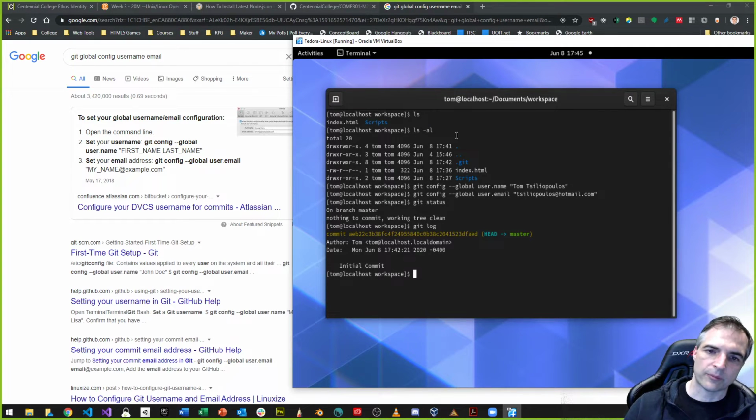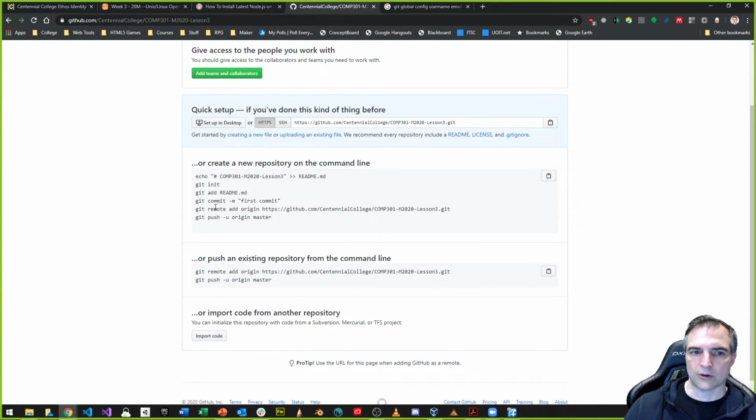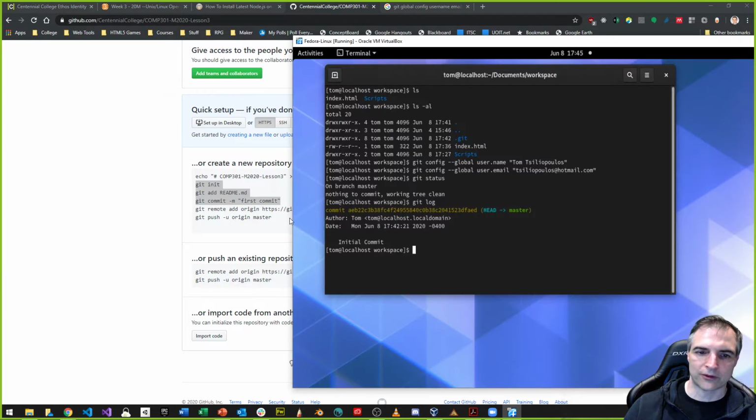All right. So now the next step, once I've done this, is to actually connect to GitHub. And GitHub gives you instructions. Notice it gives you all this stuff. I did this part. I skipped the README file and I just did git add dot. But more or less, I've done these three things. So now the next two things have to be added in. The way it works is git remote add origin